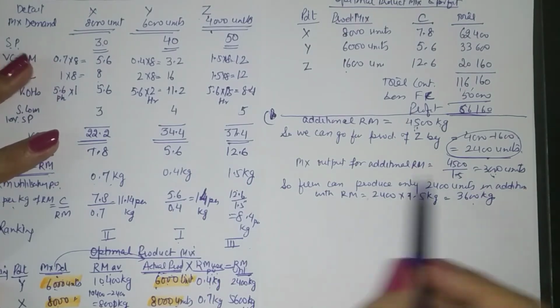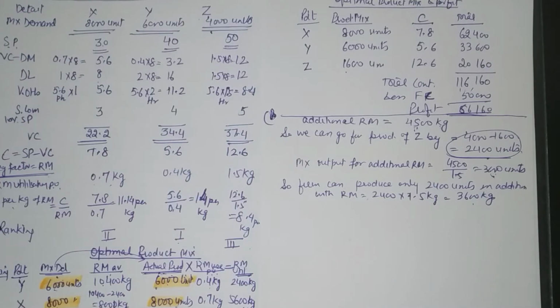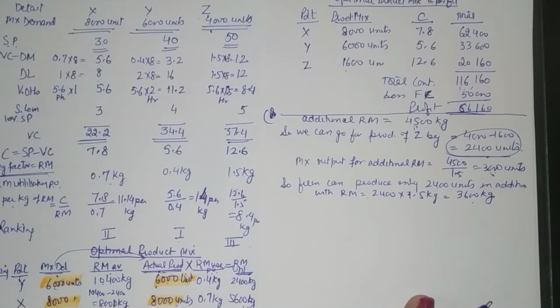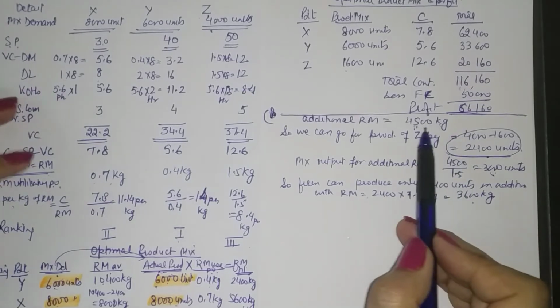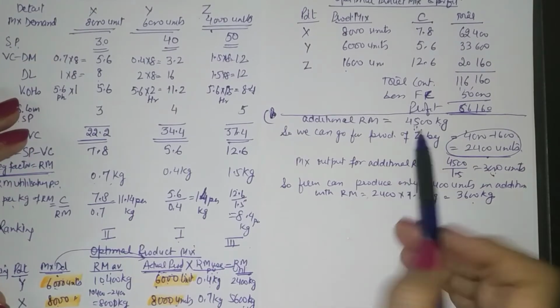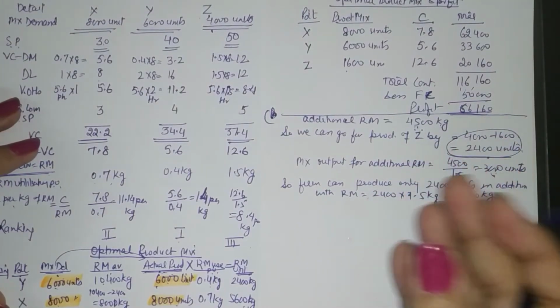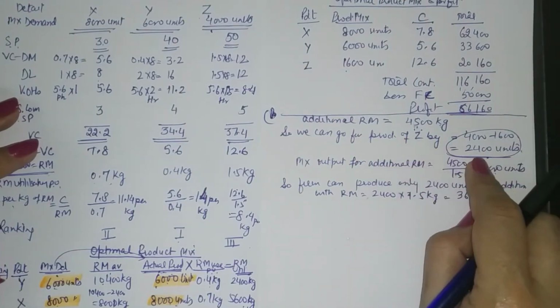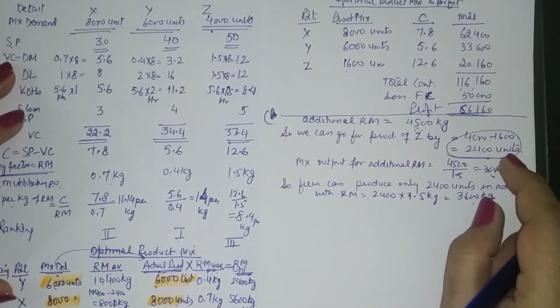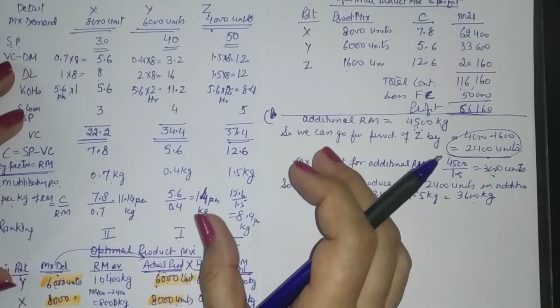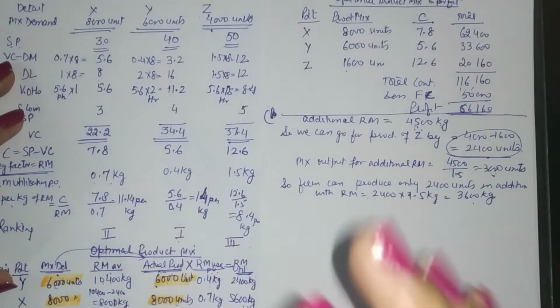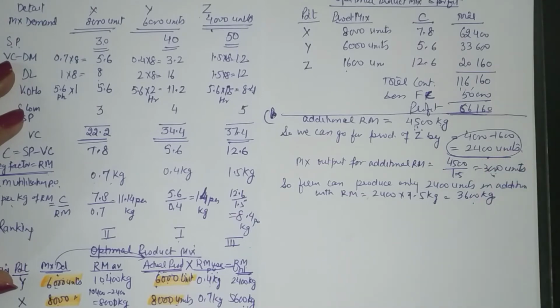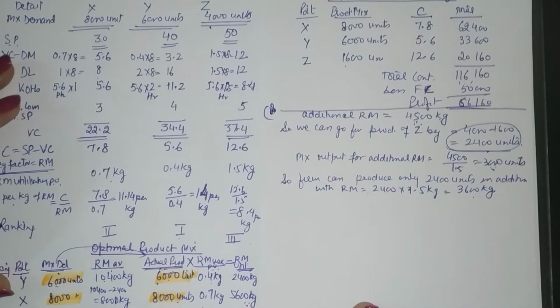So if it gives you profit, you will produce only 2,400 units and you will buy only 3,600 kilograms of raw material. This is a very interesting question, because normally what happens is that when we buy additional raw material, we use it fully for the production. But it is not always so. In place of utilizing the whole of the raw material which is now available, you will have to look at your limit also. Your limit is 4,000 maximum for Z. So you can at the maximum have production of 2,400 units. So even if raw material is available, you won't use it fully. You will only use it for 2,400 units with 3,600 kilogram of raw material.